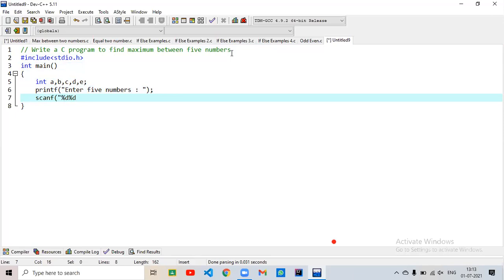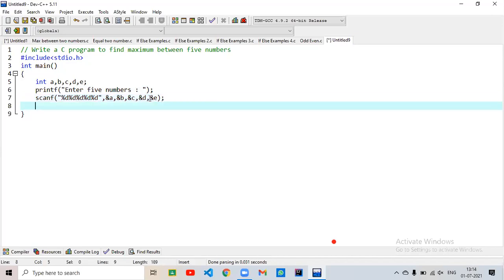I have taken 5 inputs in the same line. I hope you know how we can write here. So the first number will be assigned to A, second to B, third to C, fourth to D, and the fifth one will be stored in E.